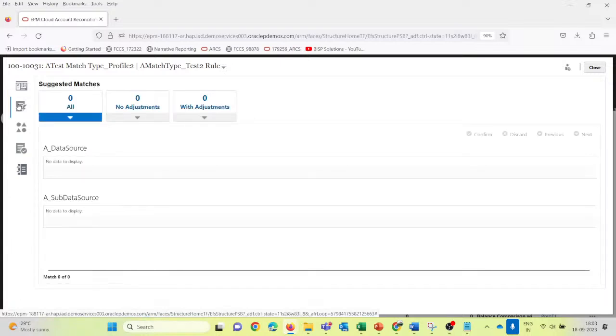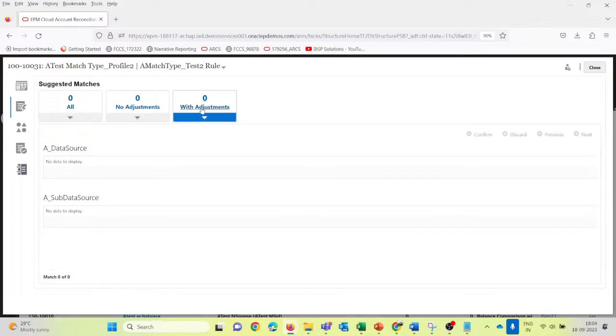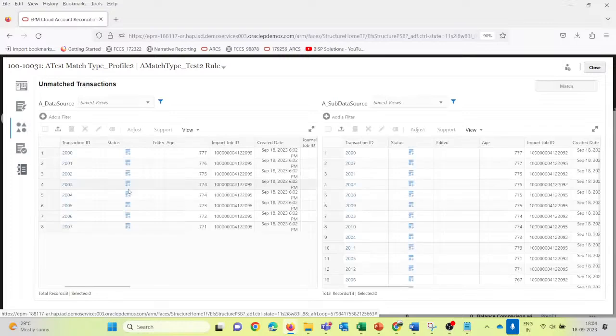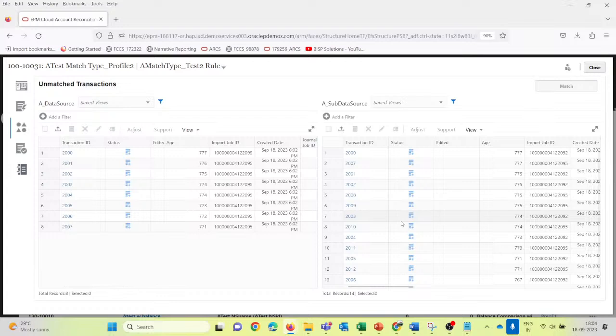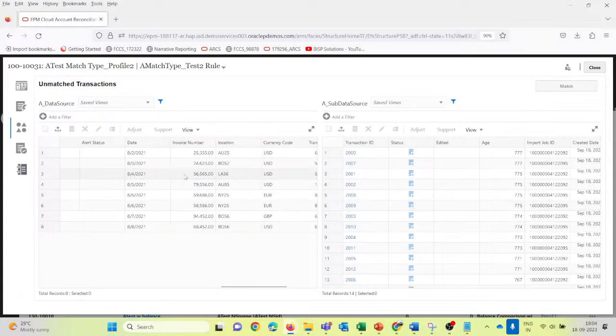and under the match type we can just go and see what those adjustments are, with adjustment and without adjustment, the transactions which have been reconciled with adjustment. So we can see these are the suggested matches, and under the third tab, unmatched transactions, it is giving us the list of the total transactions. So basis this we can just go and match this one,